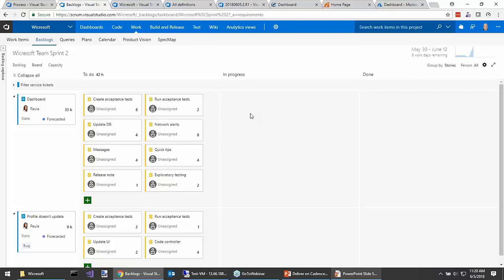Notice that they're all unassigned. Now we know on the dev team who probably the best person is to work in the database, but we're not going to go ahead and put that person's name on there ahead of time. Once our team gets to working on the dashboard item, then the person who's available and the best person for the job will take on that task. And then what they'll do is they'll re-estimate it, knowing that they're doing the work and knowing what they know today.